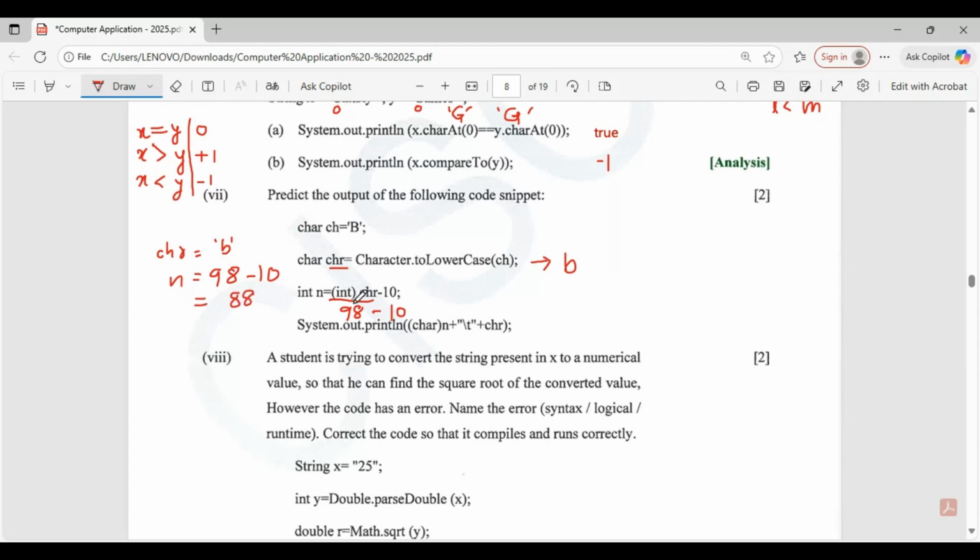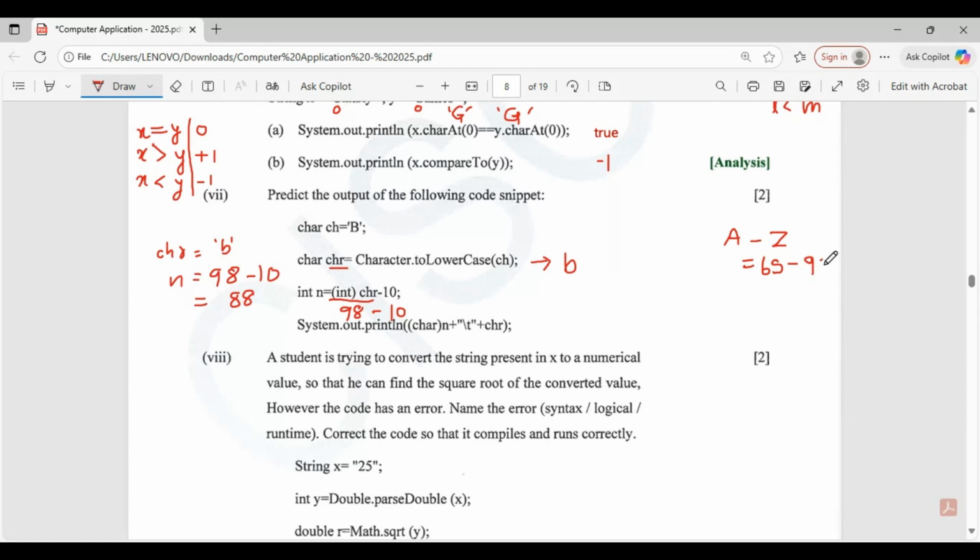Now, System.out.println of (char) n. For the ASCII value 88, what is the character value? If you count, capital letter A to capital letter Z has ASCII values from 65 to 90.